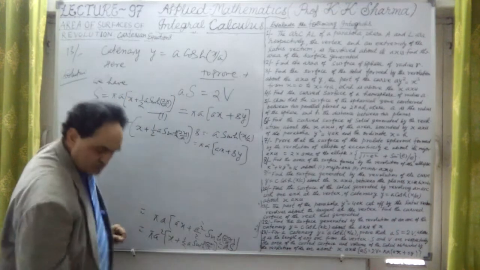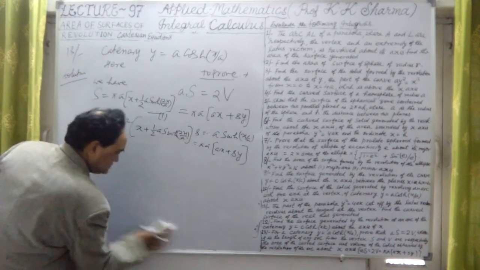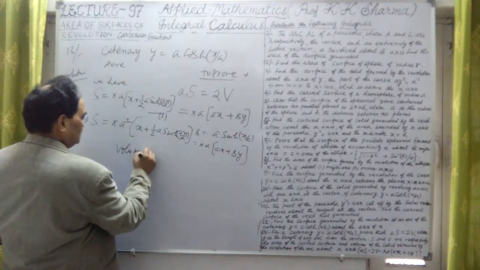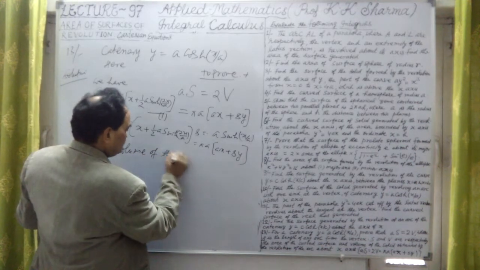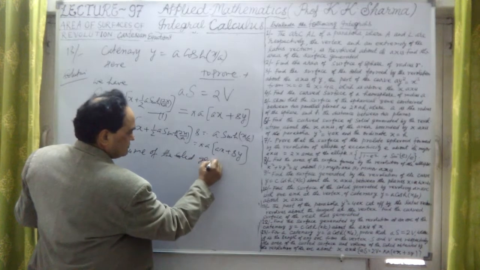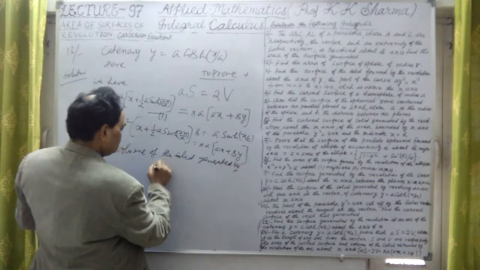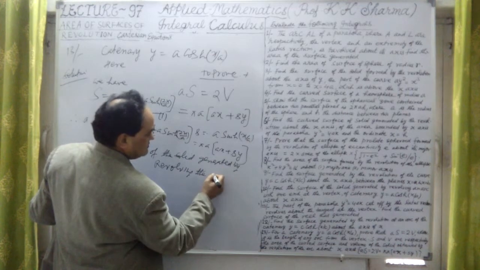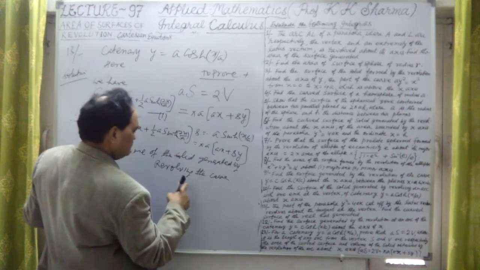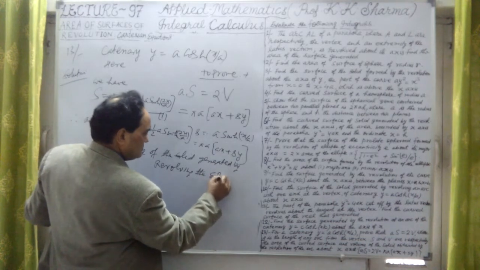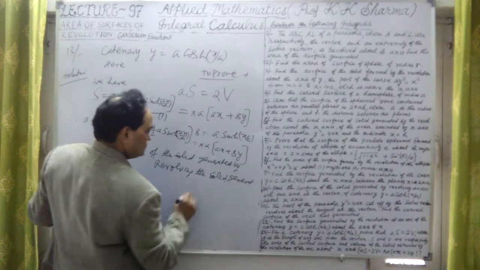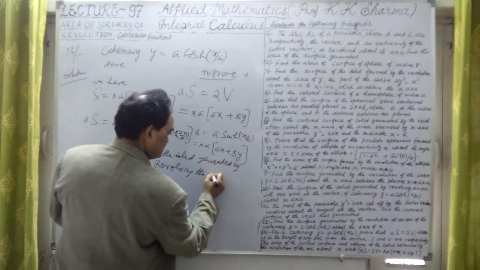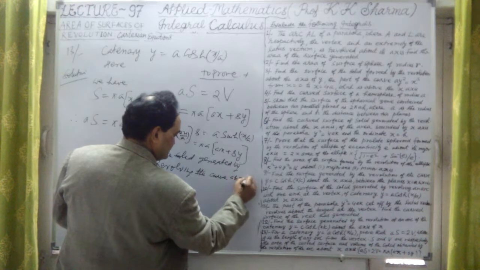Now twice b also we have to prove. Now let me find out what is twice b here. Now volume, we know what is volume. Volume of the solid generated by revolving the curve, the solid generated by revolving the curve about x-axis,